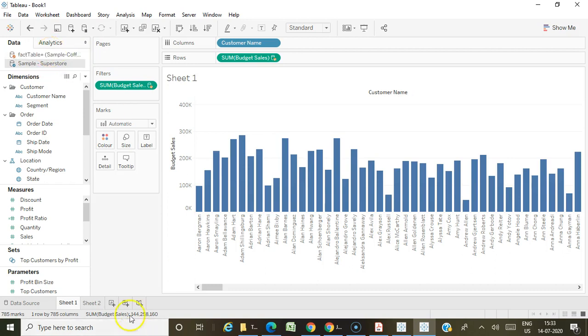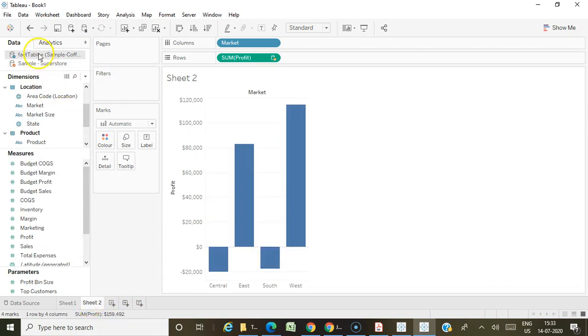But in sheet 2, coffee chain is the primary and Superstore is the secondary, because I pulled my first record from the coffee chain database. So the data source from which you pull your first field is termed the primary source and the others are termed secondary sources.